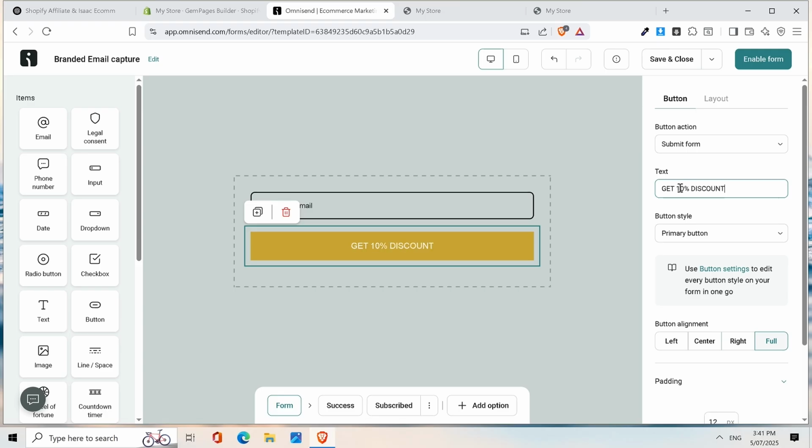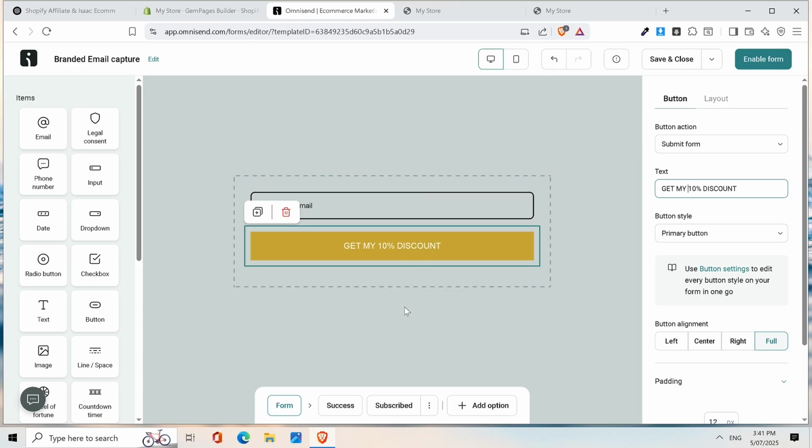I'm going to say get my 10% discount. Okay, so we're just going to have that. Just a little rule of thumb with this sort of thing, a little bit of marketing copywriting advice. When you're creating a button, especially an opt-in, where you're giving away something, it's really powerful to just say get my whatever it is, 10% discount, you'll get your, both can work, than